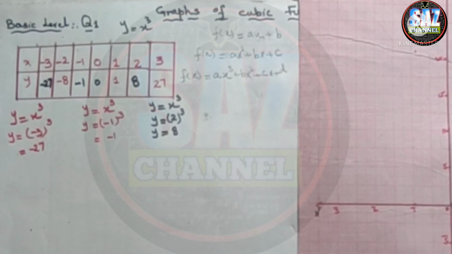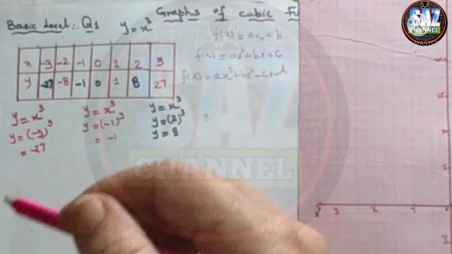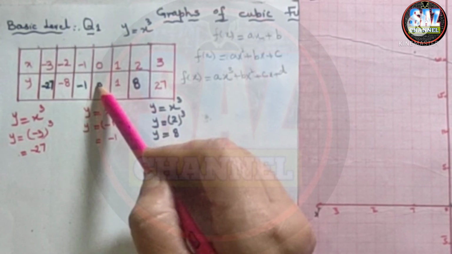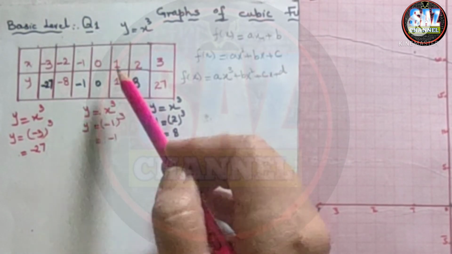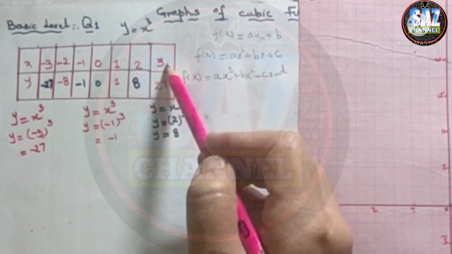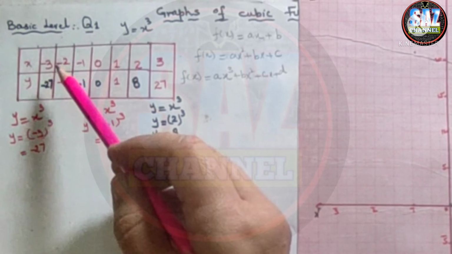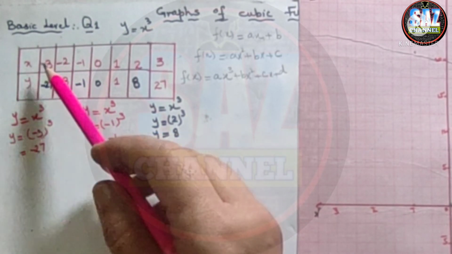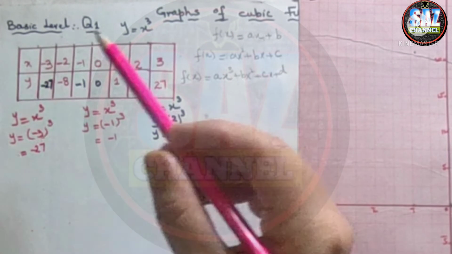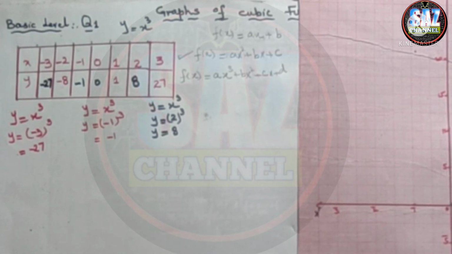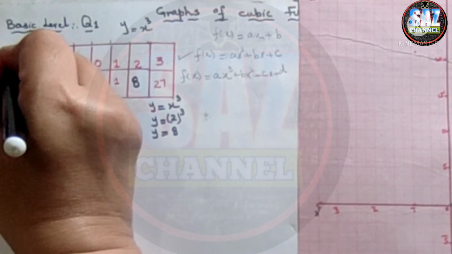Now the first requirement of the question is done, that we have completed the table. I always advise my students that before going to the sketching, you have to double check the table values. Against 0, it will be 0. 1 is 1, 2 and 2 cube is 8. 3 cube is already given. When x is -1, y will be -1. When x is -2, y is -8, it's already given. And when x is -3, y is -27. So the first task is done, that we have completed the table. This was the first requirement of the question.